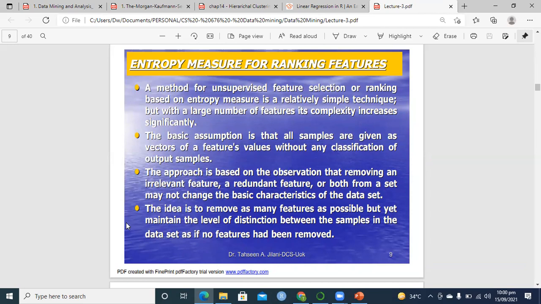And after 10 entropies or 10 efficiencies, they will see which person causes the least entropy. That means if that person is removed, there is no difference. Or which person makes the least change in efficiency, remove that person. But if a person is making a very big change in efficiency, that means that person should not be removed. In data mining and statistics, we call it standard deviation. So standard deviation is a measure of whether a person is efficient or not efficient. We will see it in a later session.